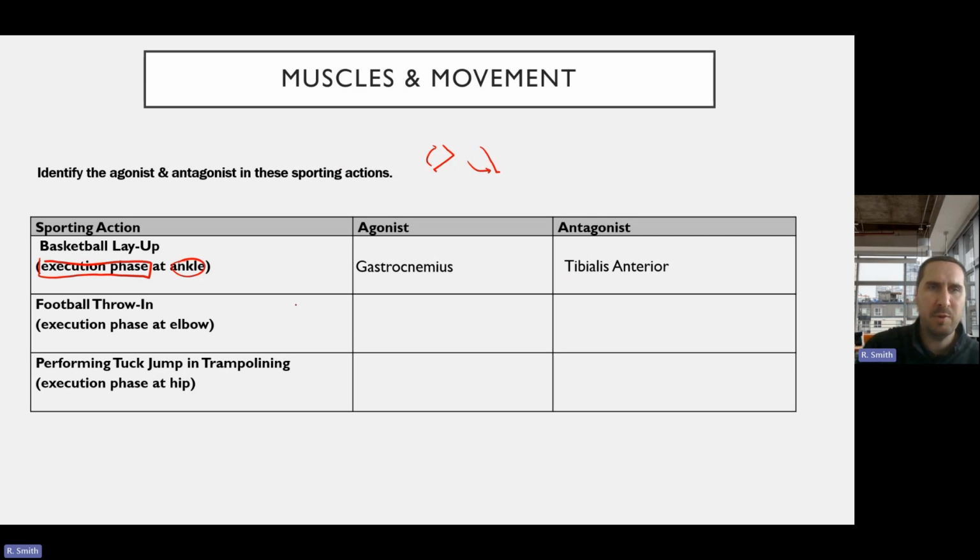In the same principle here, we're looking at the elbow during a throw-in. So we've got extension at the elbow. So therefore the agonist must be the tricep. And if the tricep is the one that's working, muscles work in pairs, the one that is relaxing, the antagonist